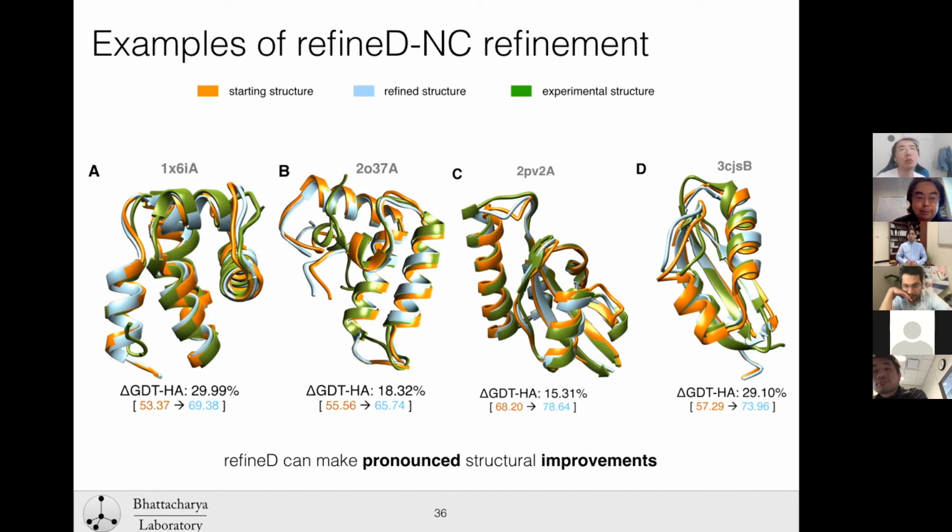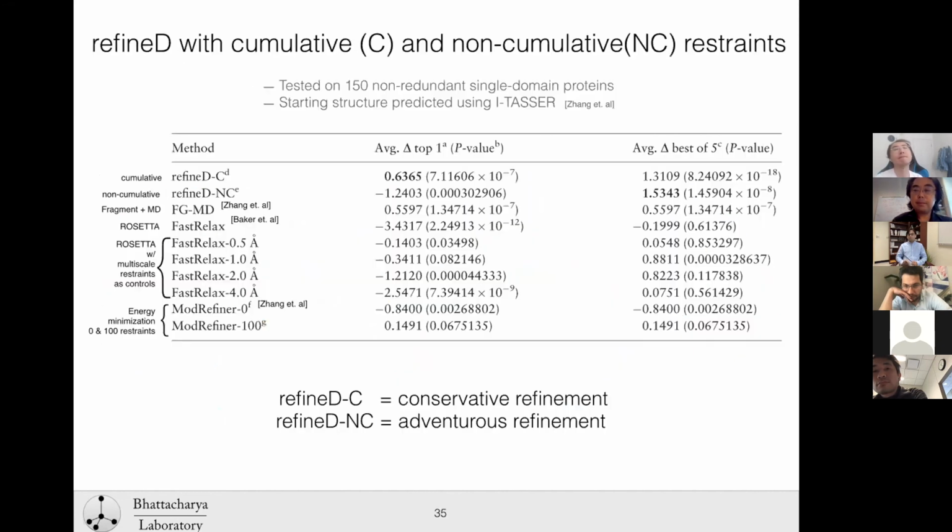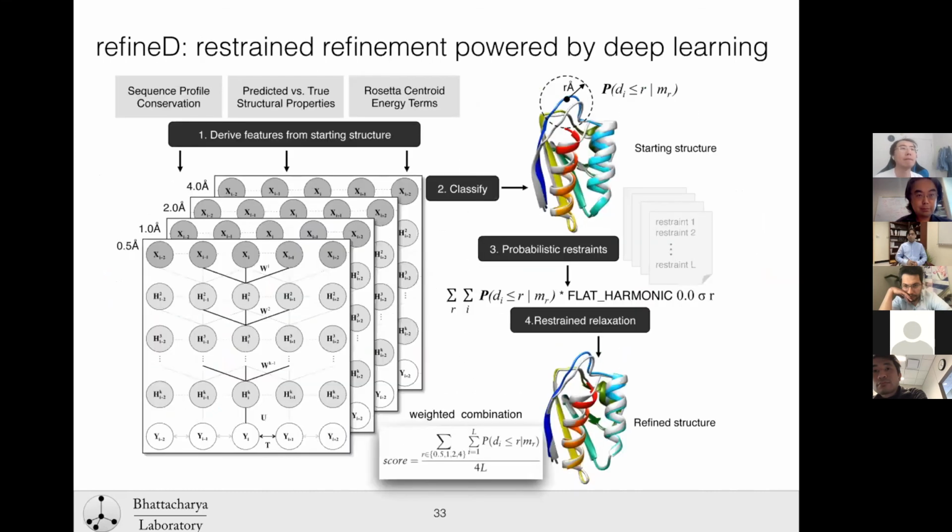Right. And the other question was in the protocol you mentioned for the refinement protocol. Yeah, so in this case, the flat harmonic part is from Feig, right? Like he proposed that one. But my question is this: when you use this flat harmonic, is this flat harmonic actually part of the Rosetta pipeline, or how is it? It's not very clear to me how atoms are actually moving, like in the deep learning pipeline.